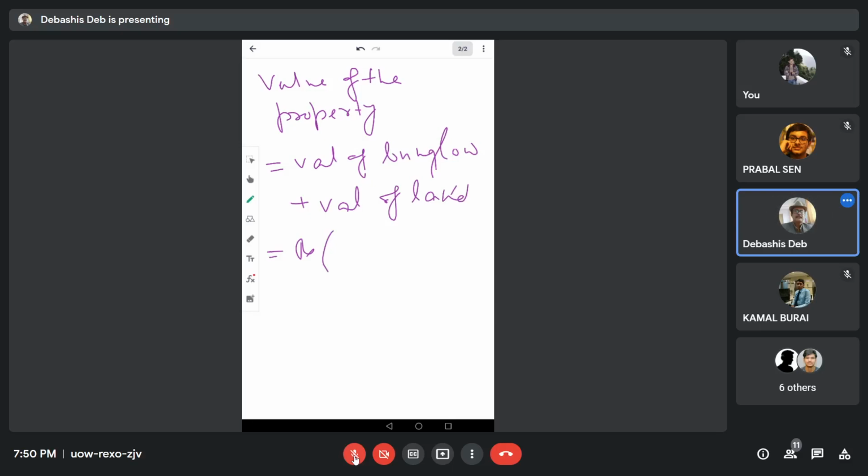What is the value of bungalow? 7,50,000. And this is your 6 lakhs rupees. Okay. This is the first case. So let us consider again on the basis of